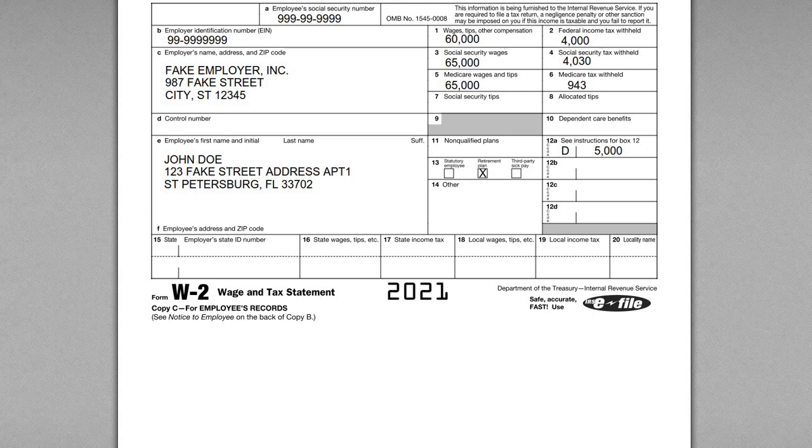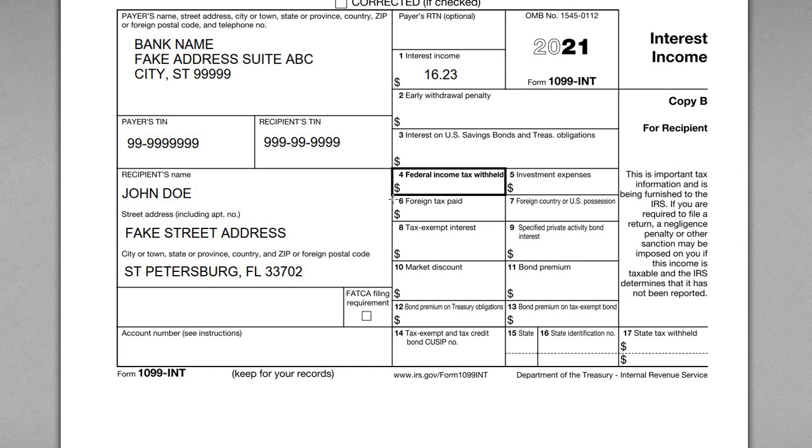Now let's look at some interest income. So if you have a savings account, or if you have another type of account with a custodian or brokerage firm that pays you interest on those cash balances, you will likely get a 1099 INT. In this case, John has a savings account with his bank, so he's going to get some interest income earned during the year on that account. And so the bank sent him this 1099 INT. Now the amount of interest he was paid during the year is